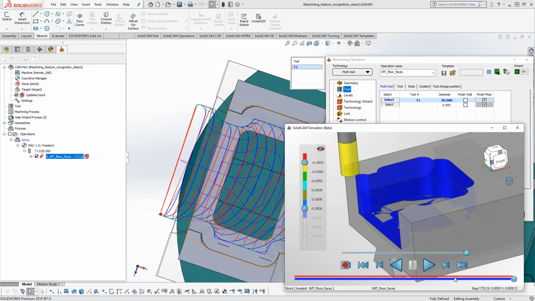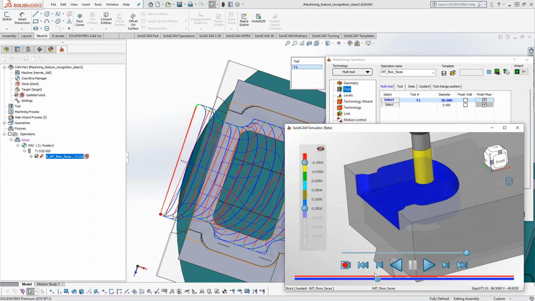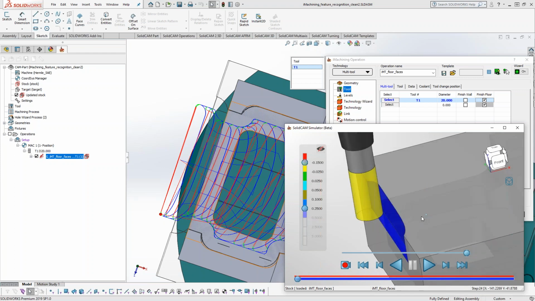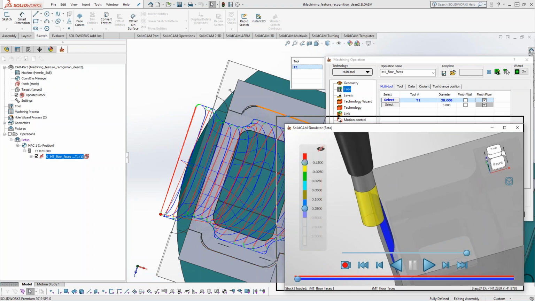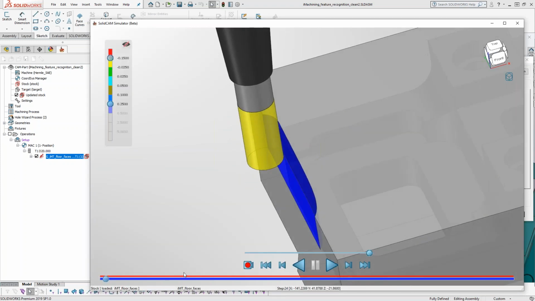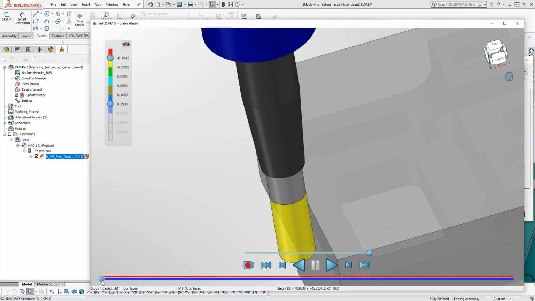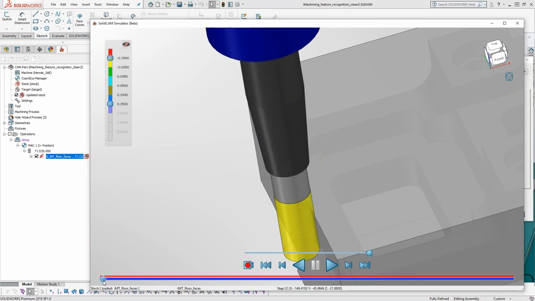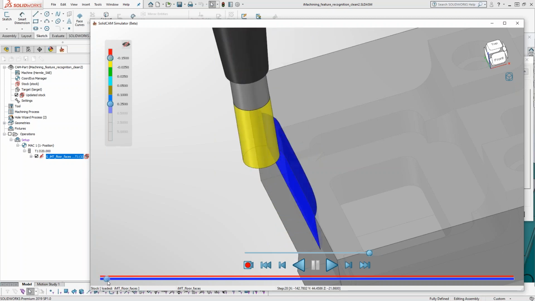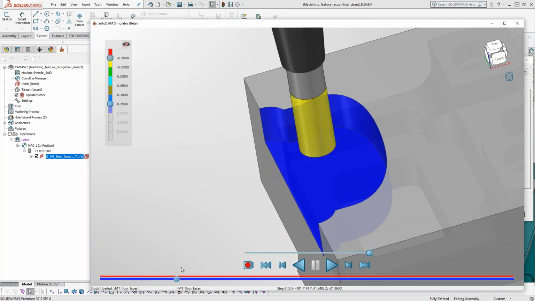In the new simulation, we have a recording option. You can see this red bar means that we are now recording the toolpath. When it's recorded, this allows us to play the simulation forward and backwards and scroll through it. This is really, really useful. Let's make this nice and big. So I can bring the tool all the way to the beginning, and then I can use my slider and slide through the toolpath. You can see as I'm machining, it's always plunging out in air. So we plunge out in air, we machine the first level,